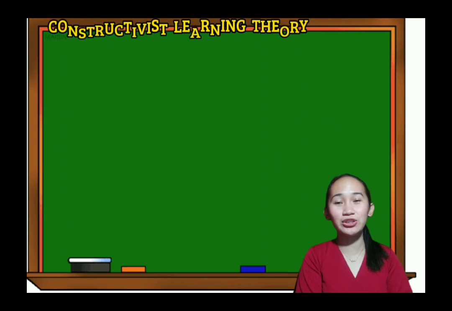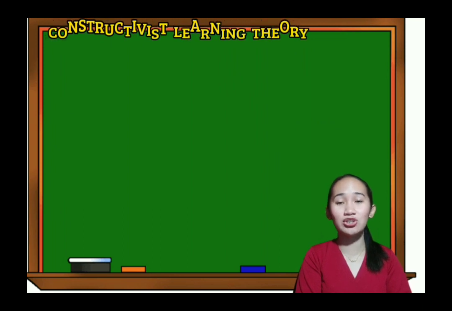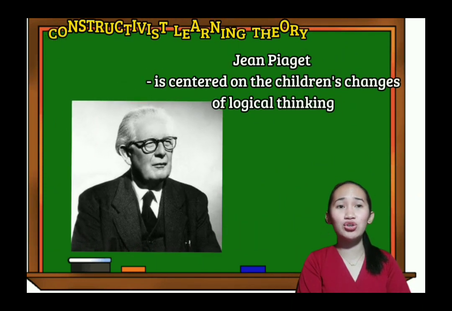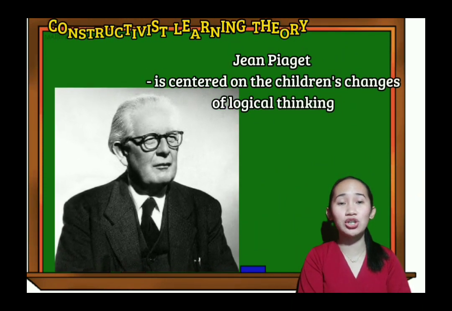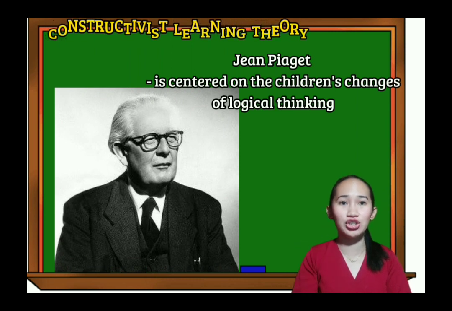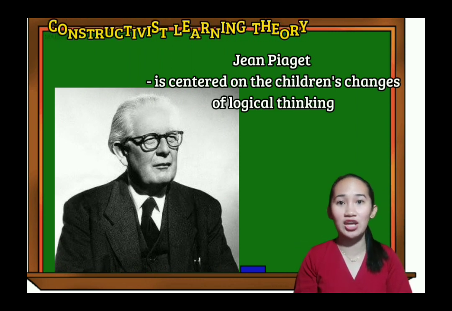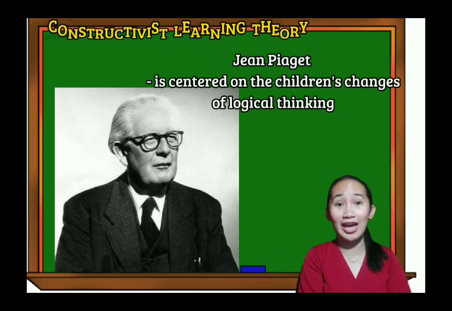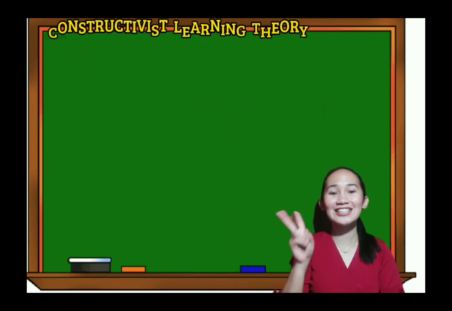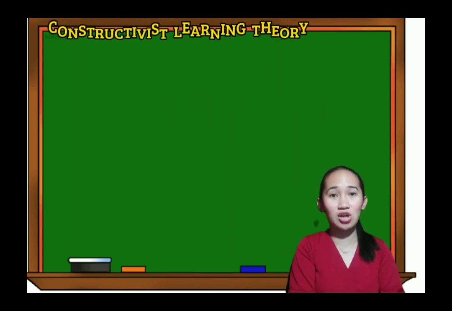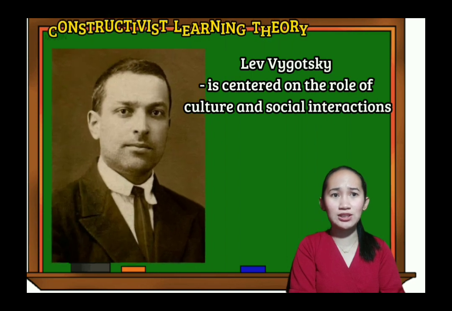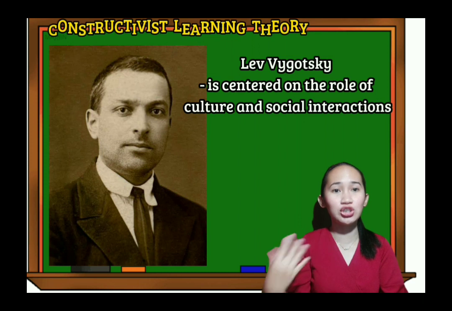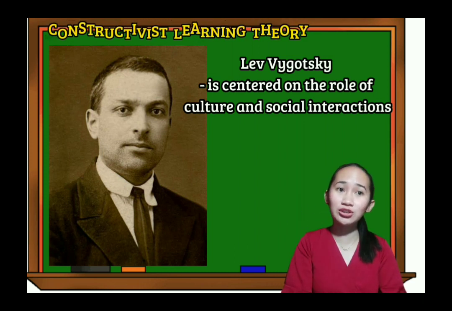And now, I will recall to you the views of each constructivist. The first one is Piaget. Piaget's view of learning and language acquisition is centered on the children's changes of logical thinking through the stages based on maturation and experience. And the second constructivist is Vygotsky. Vygotsky's view is centered on the role of culture and social interactions of the children with other children and adults